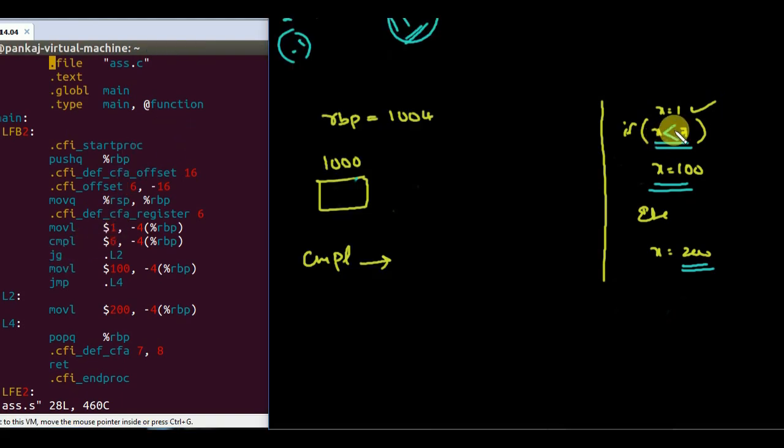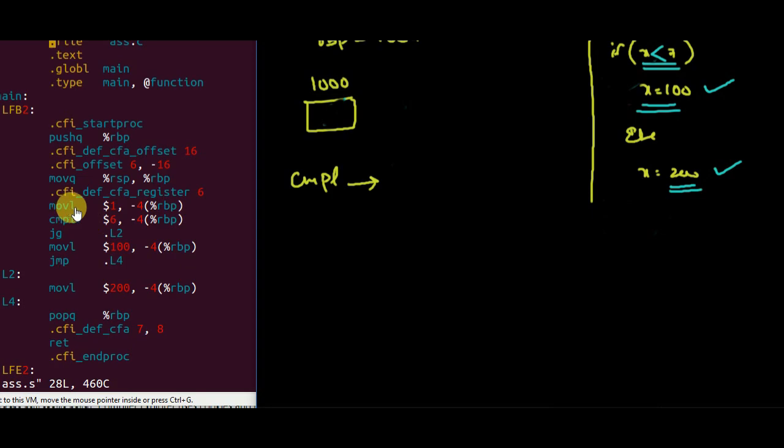If I replace with x less than 7, then 1 less than 7 is a true condition, and we have to store 100 in the value of x. First, the value 1 is stored in the pointer, right? So 1 is stored, and then we have to subtract this value, which means 1 minus 6, which means minus 5. You may think that if this is 7, then why is it 6 here? It is less than 7, not less than or equal to. If it is less than or equal to, then we'll get 7 here. If it is less than, then we'll get 6. So now minus 5 is the result value.